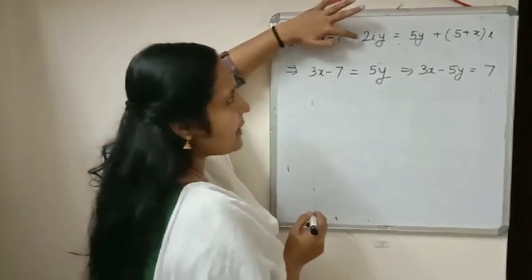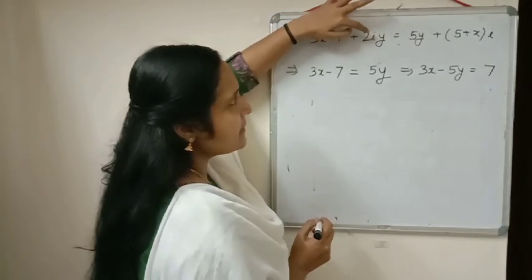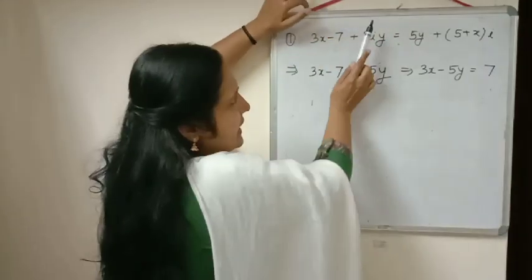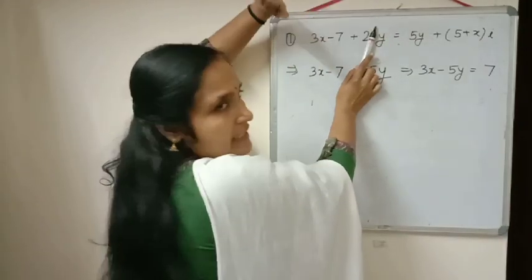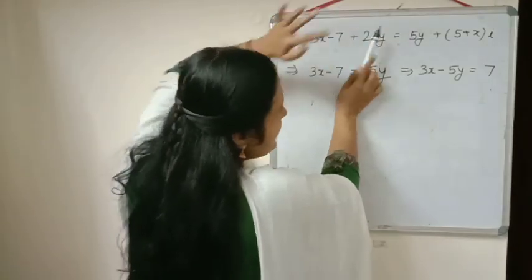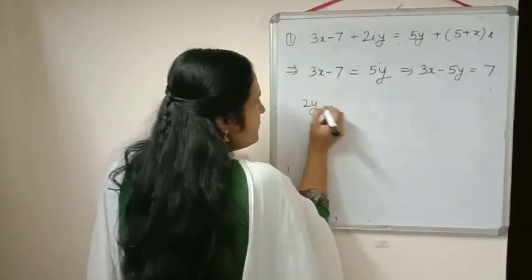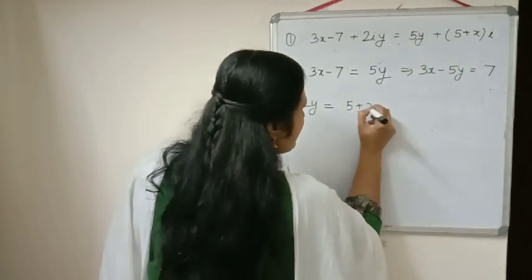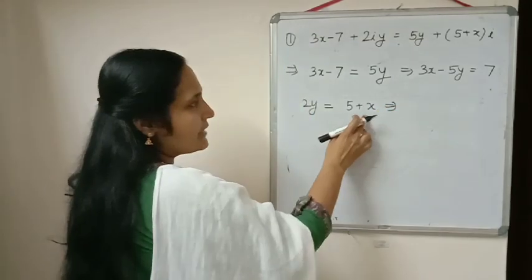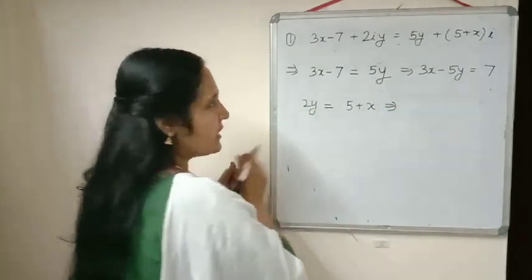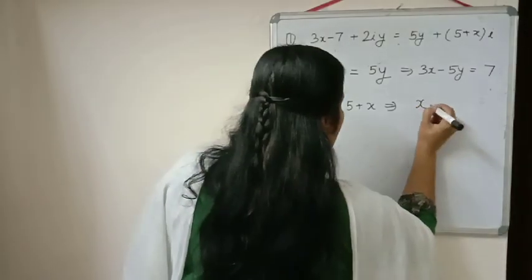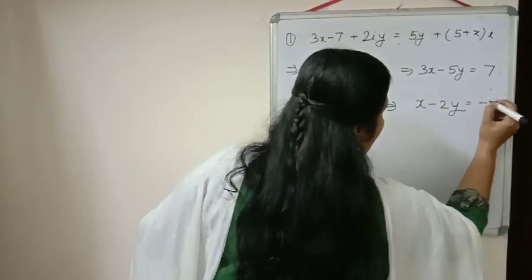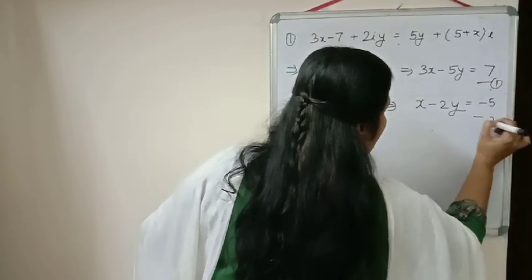Now we will equate the imaginary part. What is the imaginary part here? When you are writing the imaginary part, just write down the coefficient of i. Coefficient of i means except i, what is the remaining term? Just write down that. What is remaining here? 2y. 2y is equal to, on the right hand side what we have? 5 plus x. So here we are getting x plus 5 is equal to 2y. So again 2y I am shifting to left hand side. Then it will be x minus 2y equal to minus 5. So this is our equation 1 and equation 2.